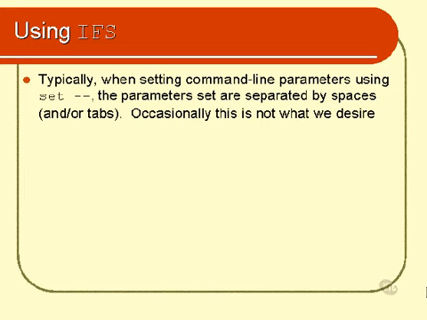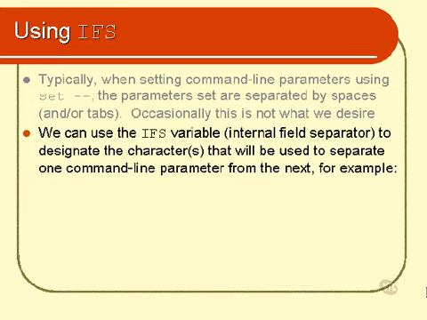Well, when we set those command line parameters like we saw in the last module using set --, the parameters that we actually specify are separated by spaces and/or tabs. Now it's actually possible to change that. We don't have to have the parameters separated by spaces. We can have them separated by anything we want. We can use the IFS variable. IFS is short for internal field separator, to designate which characters we wish to use to separate the various command